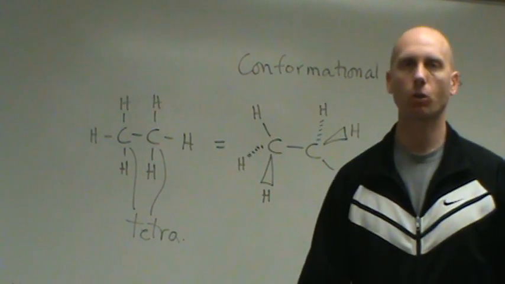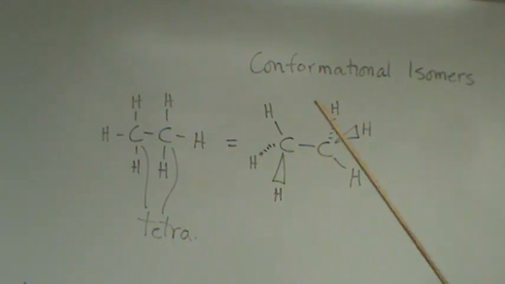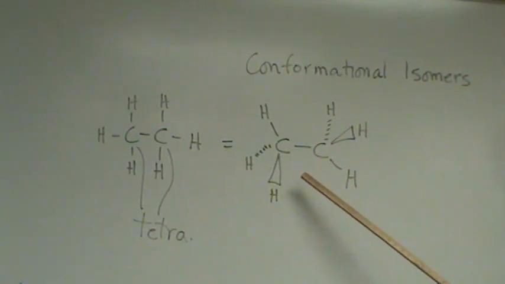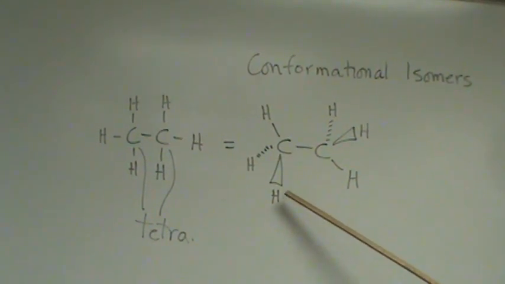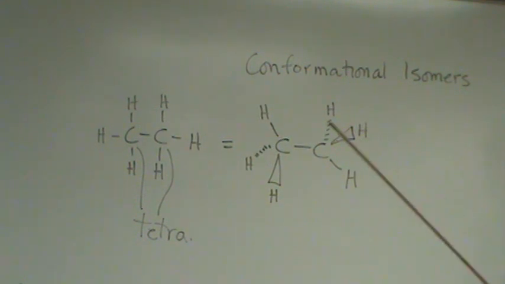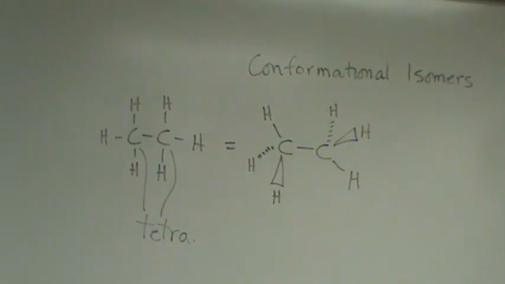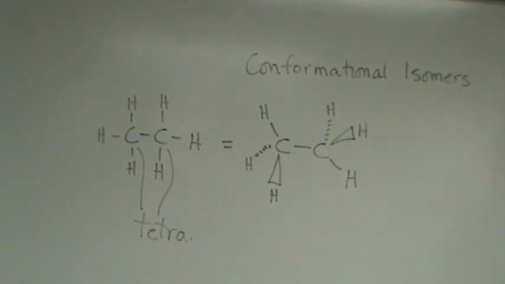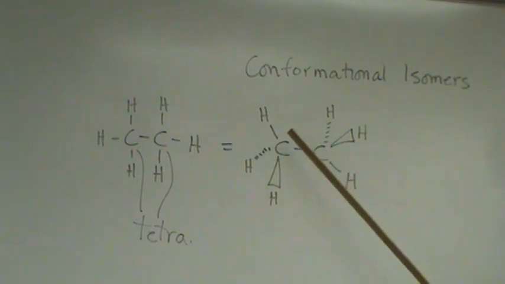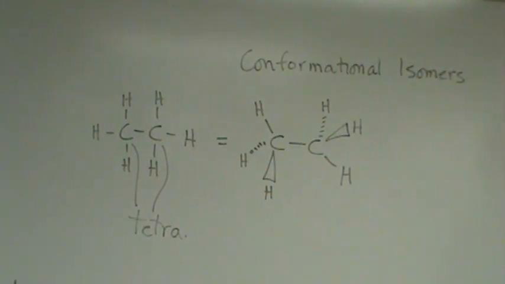Because now we're going to start working with them. You can write it down again in case you forgot. These wedges mean it's coming out towards you, out of the board. These dashes mean it's going in away from you into the board. And the lines mean they are in the same plane or